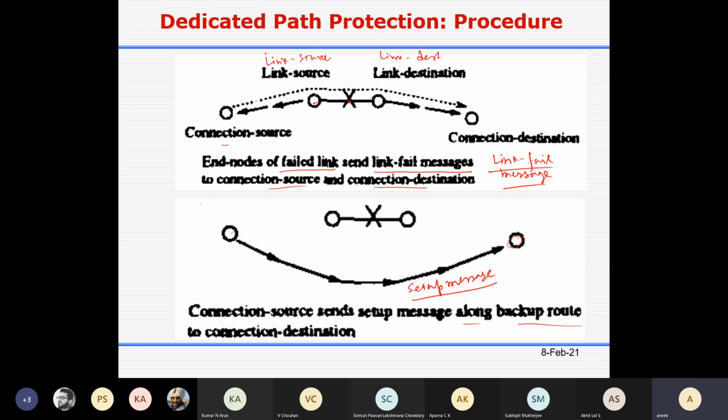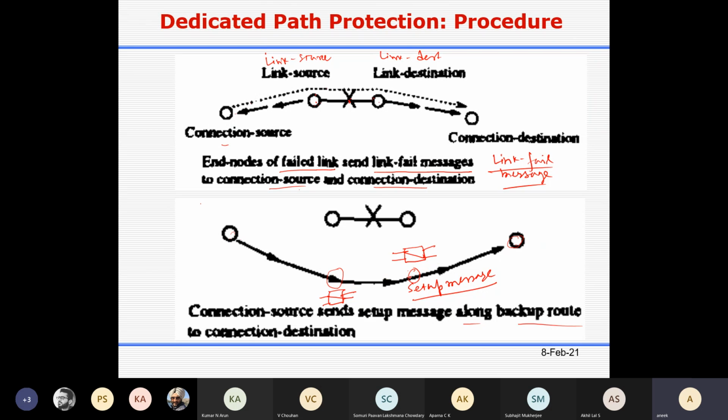When you set up this light path, you configured this optical cross connect this way. Here there is a node, and there is another node over here. There this optical cross connect is configured. Let's say these are the two ports. It is configured, and also here it is configured. You know that your signal has to move this way. So this configuration has been done.